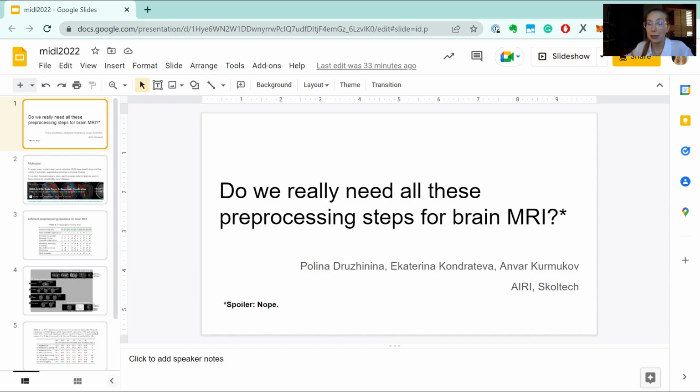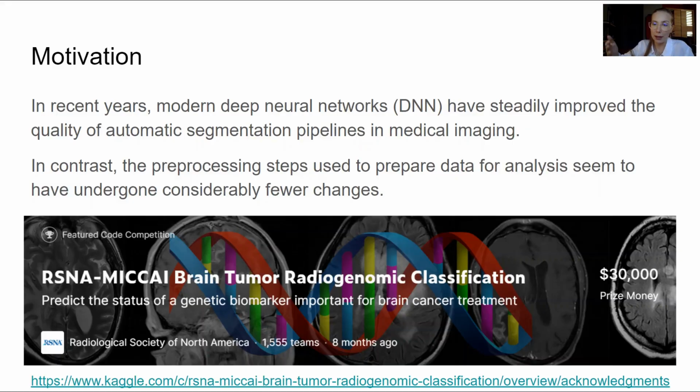With a study titled Do we really need all these pre-processing steps for brain MRI? The motivation behind the study is pretty straightforward. We saw a lot of new neural net architectures recently, yet there doesn't seem to be a new, evolving pre-processing in brain MRI,